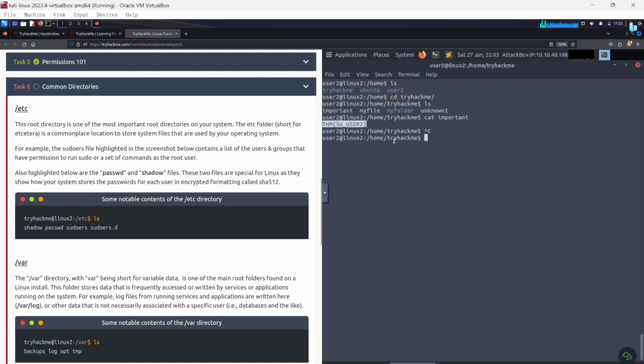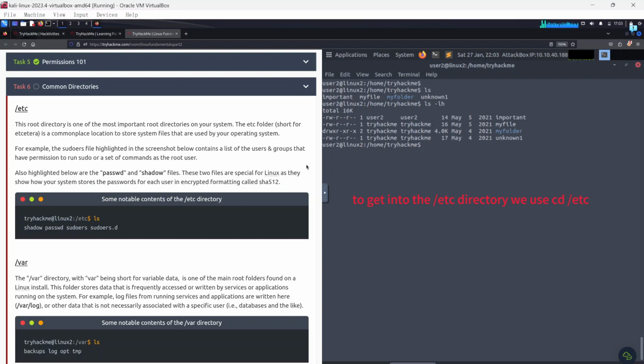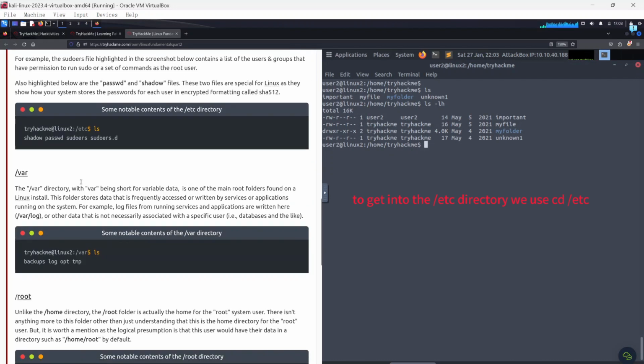Okay, so on the Linux machine, if you go into the etc folder, let me clear this and ls and let's see. If you have ls -lh, do you have etc files here? No. Okay, so this is just an example. Okay, now